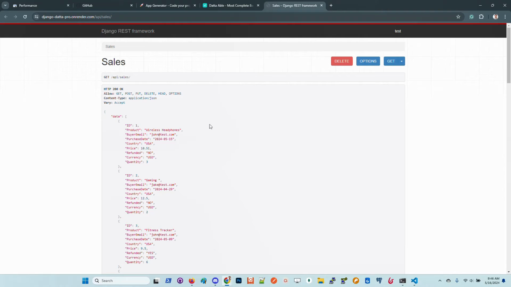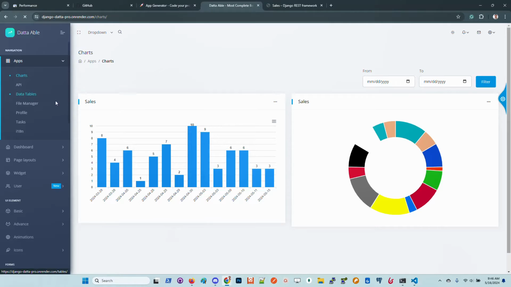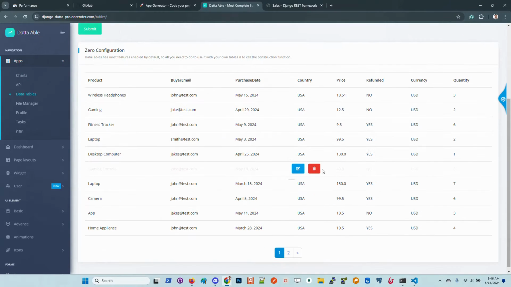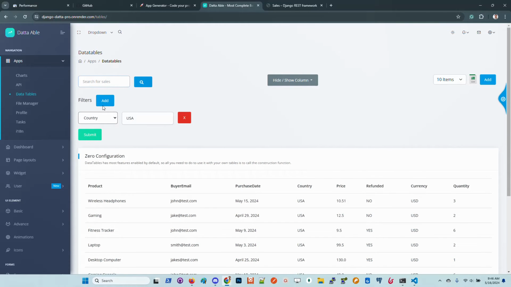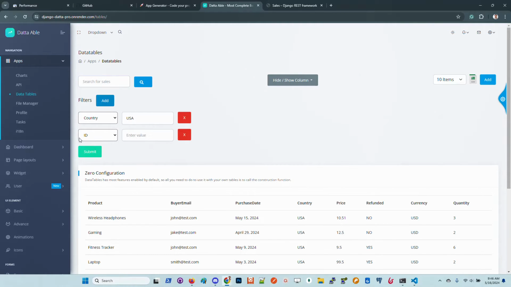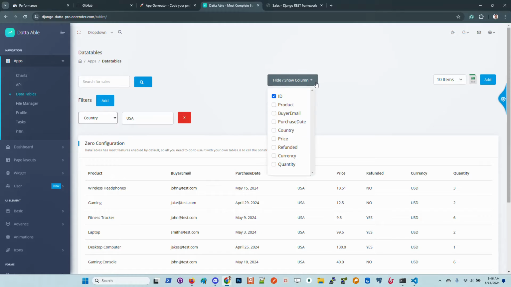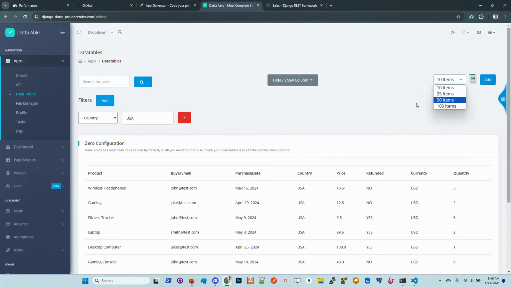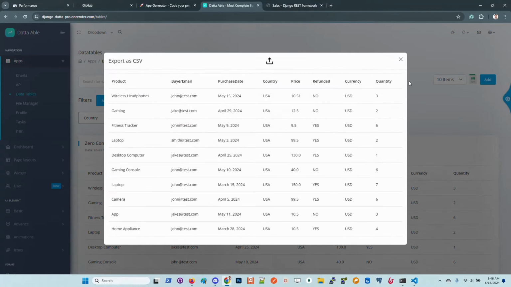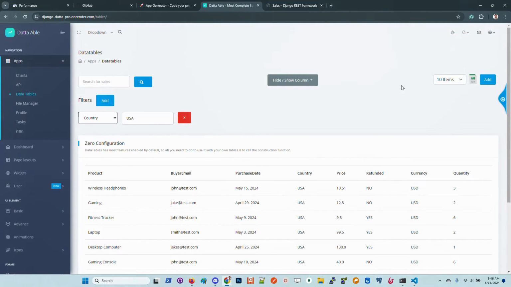The API is built on top of DRF. Data tables, we have here a classic paginated information, where we can navigate back and forth. We can search, we can filter the information by adding new filters. We can hide and show columns. Also, we can set up the number of items, and of course export all the information once we isolate what is relevant